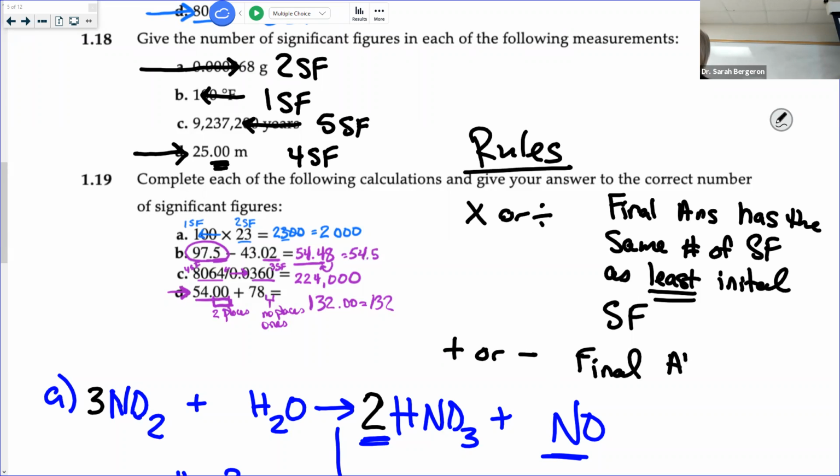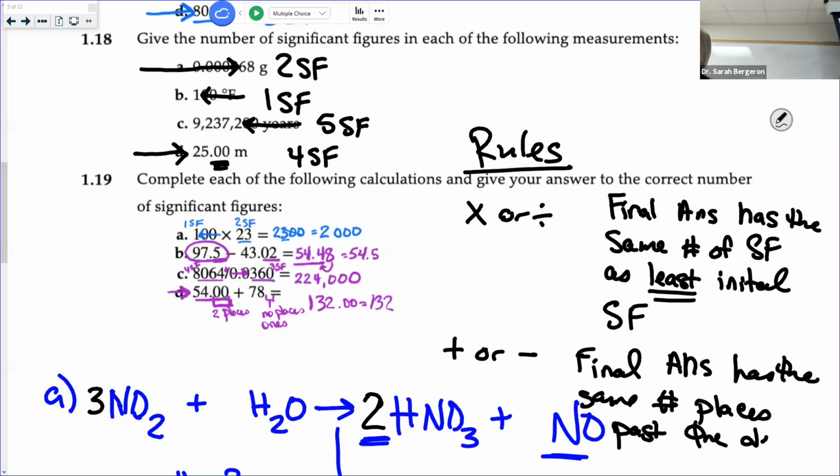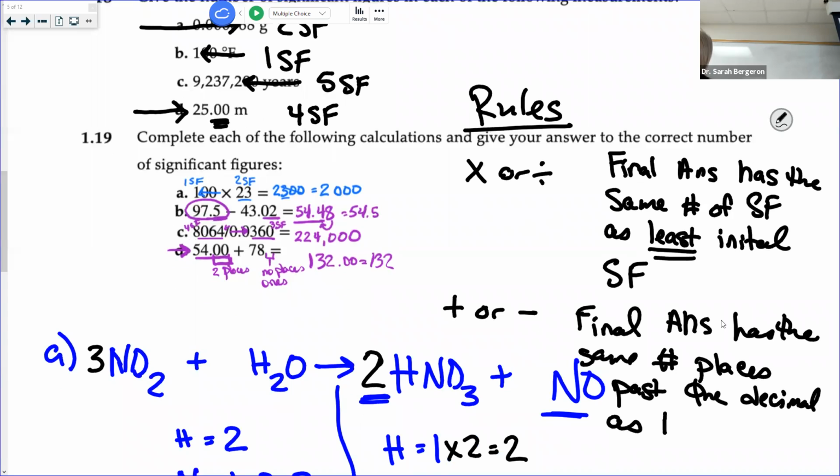Okay, so final answer has the same number, it's not of significant figures in this case, it's now places past the decimal as the least initial,